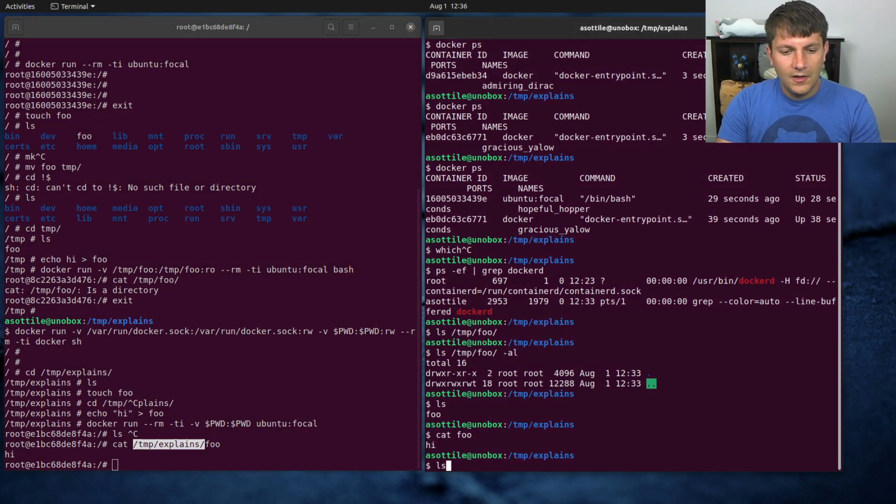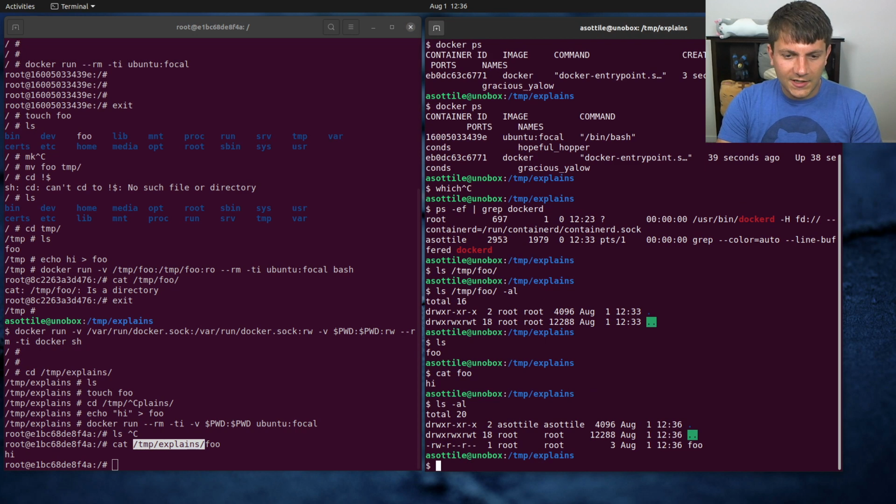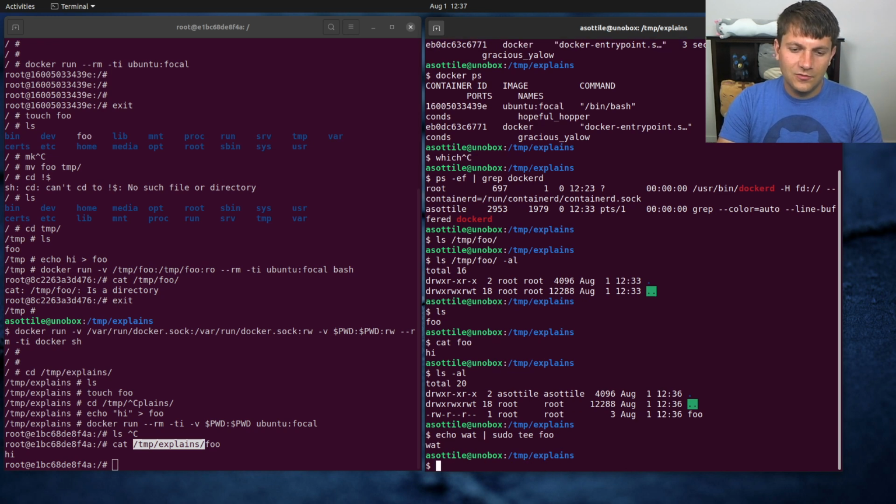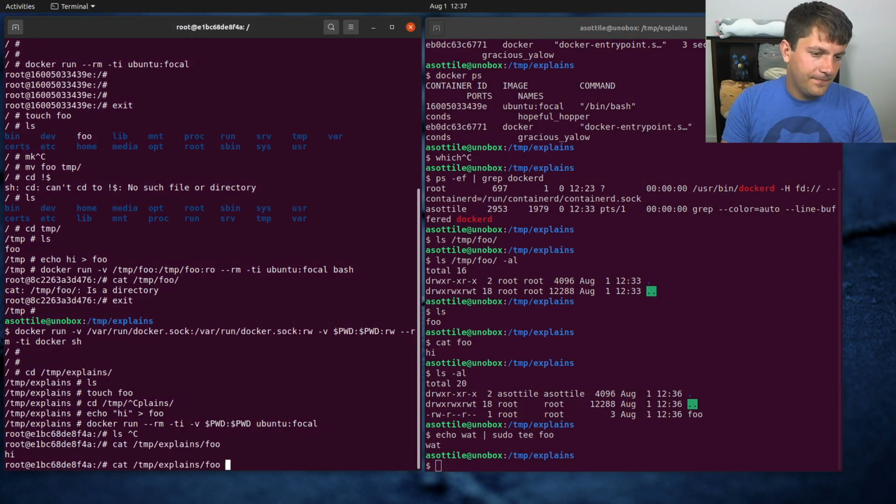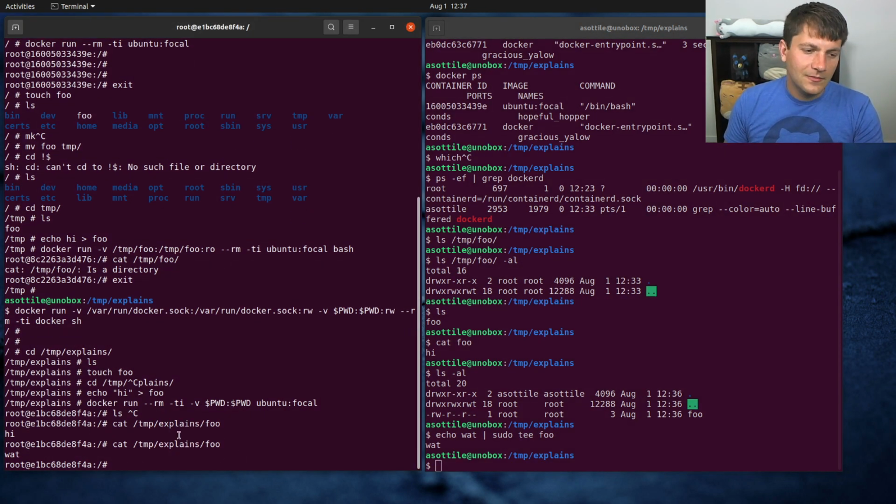So we're probably gonna have to use sudo here, yeah, because it's owned by root. Sudo, well, echo wat | sudo tee foo, and you'll see that it now represents that. Because now we have three containers, or we have two containers and the host that all have this same path here. Now, if you're mounting at different directories, you'll notice here that I use pwd, so this expanded out to